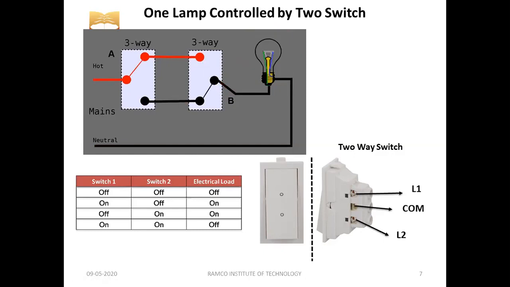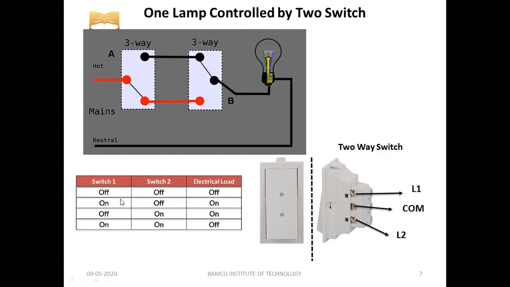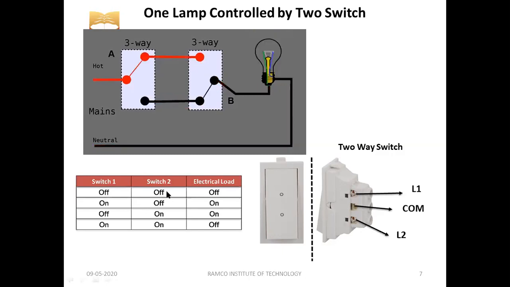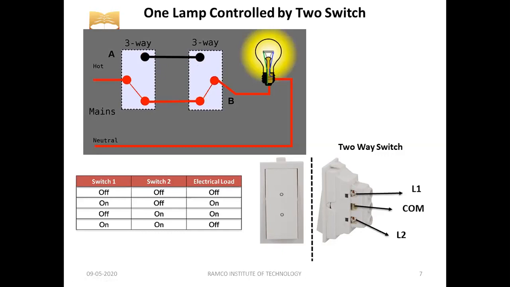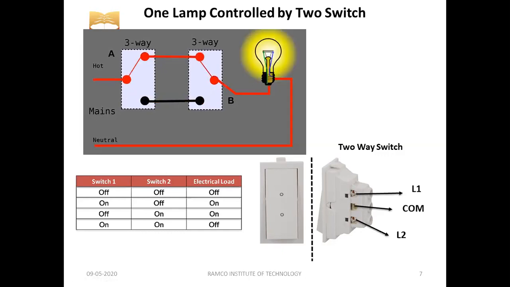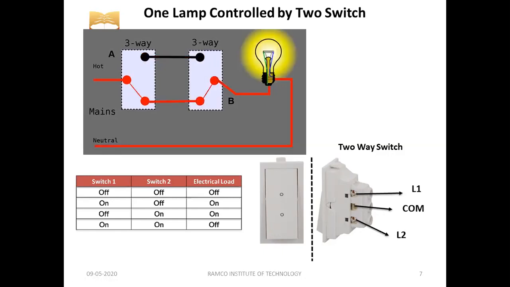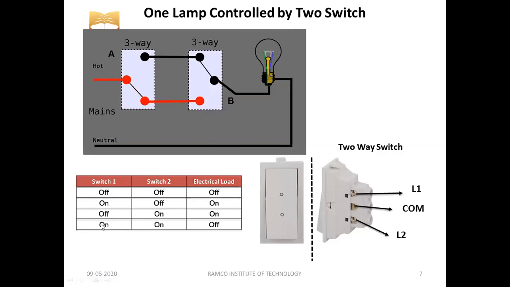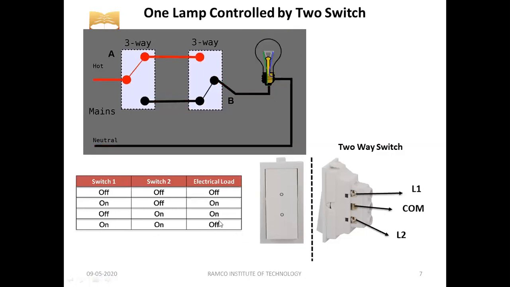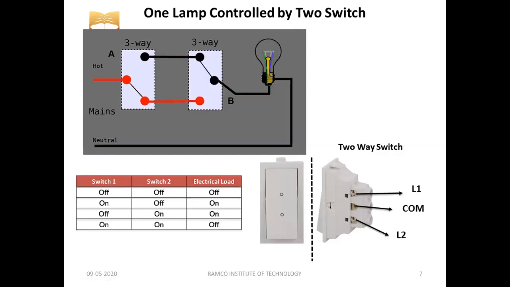See here the simulation. So see the experimental results. When both the switches are in off state, your electric lamp doesn't glow. If any one switch comes to on state, then your load starts glowing. Similarly, if both the switches are in on state, your lamp doesn't glow. You can experiment with it. Definitely in your home we might have this circuit.